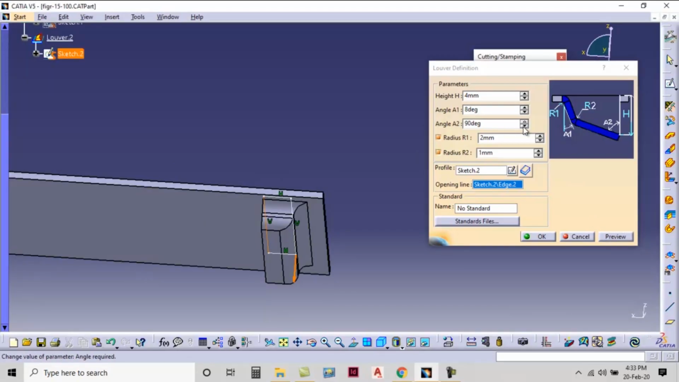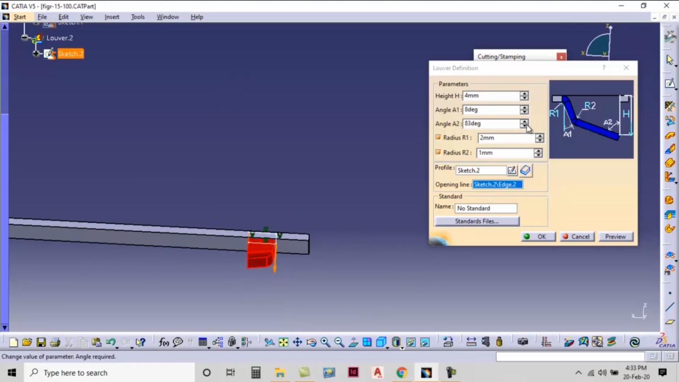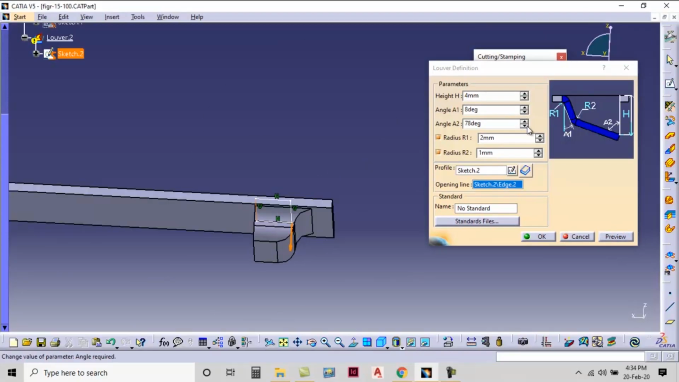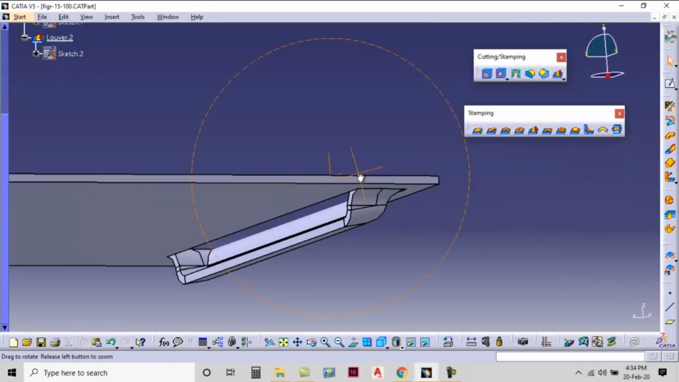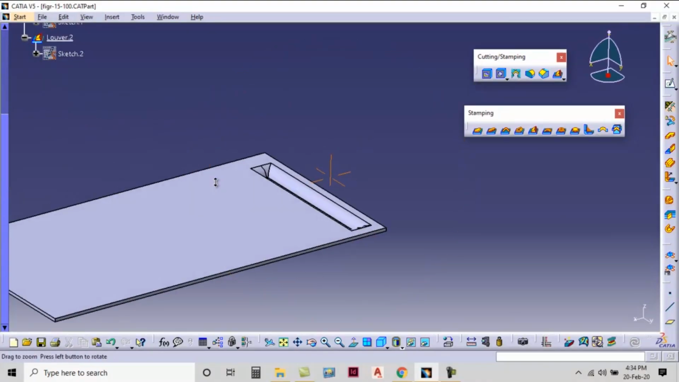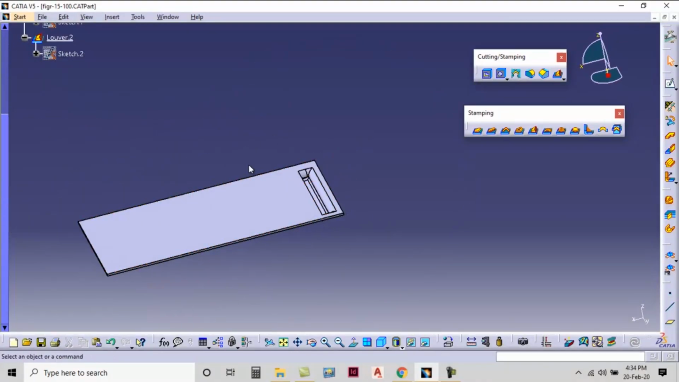Again I'm changing angle A2. You can see we can create a slope if I change this angle. Click on preview. So we have to change this angle. Click on OK button. You can see the Louver is created, and we can pattern this to create multiple entities